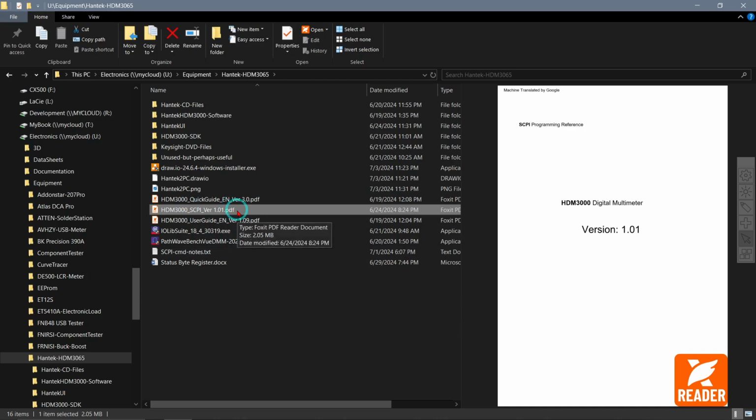I have not found that file anywhere on the Hantek website or anywhere when I do Google searches, but I searched for a document on the SCPI protocol for that multimeter. The SCPI commands vary depending on what kind of device you're talking to. If you're talking to a remote controlled power supply, or an oscilloscope, or a digital multimeter, or an LCR meter, whatever it is, all the devices that you will buy from these companies like Keysight and so on,